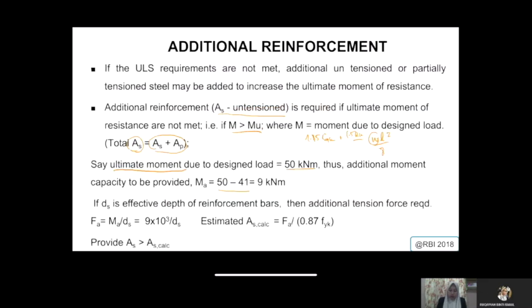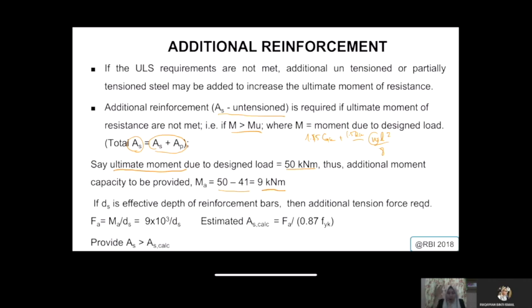Okay, more or less, we take that one value, which is 41. So you have it like 9 kilonewton meter. So 9 kilonewton meter is the difference. So it will say that at this point,